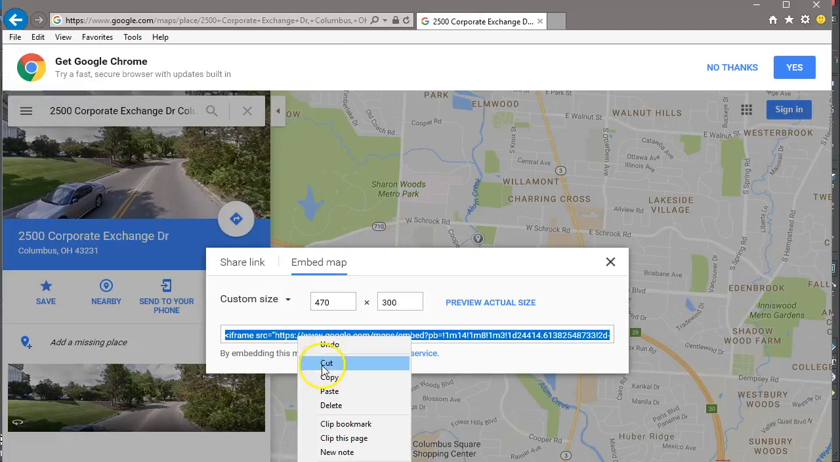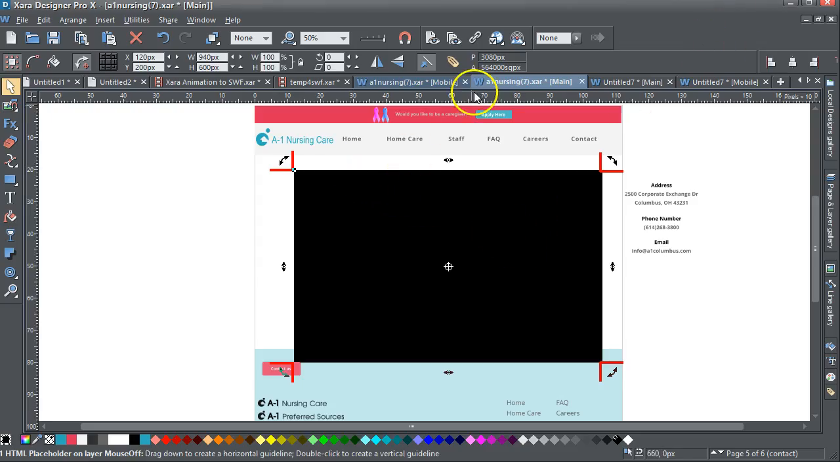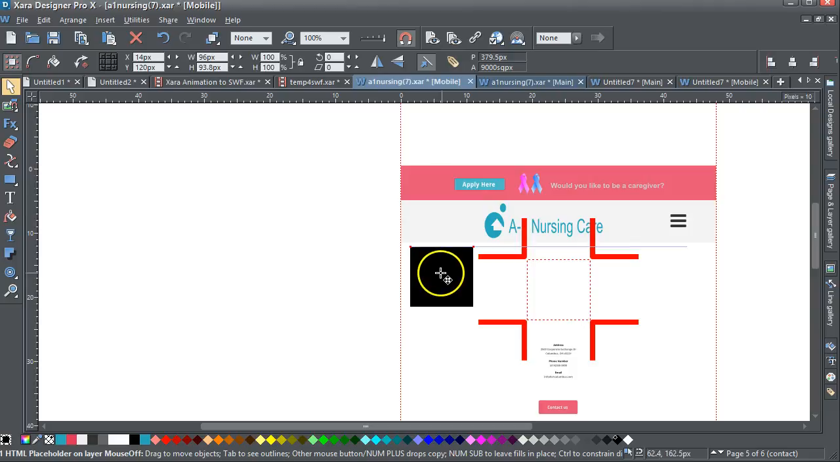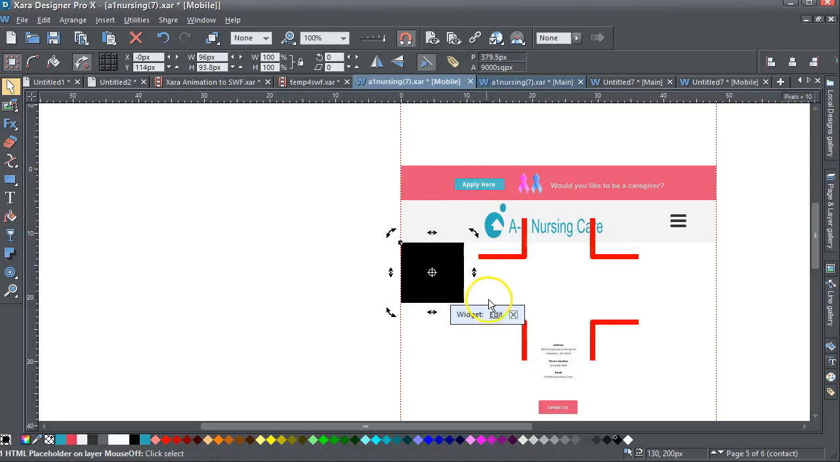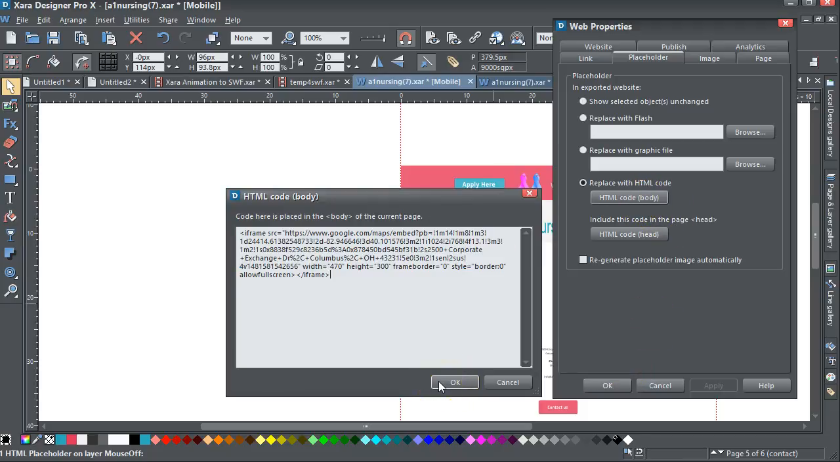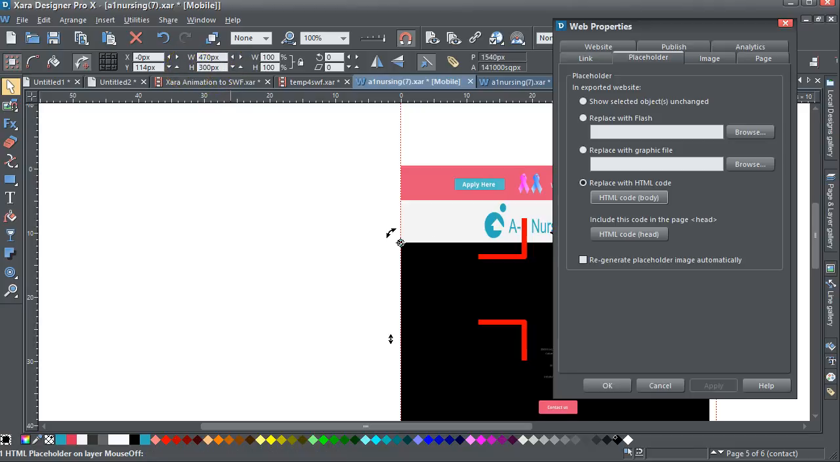So I'll copy that, drop that down, go into the mobile side, click on that. I'm going to bring it over here because you don't want it way over there. Edit placeholder, Control V. It's 470 by 300. OK, apply. Again, put the origin up to top left. 470 by 300. And you can immediately see,